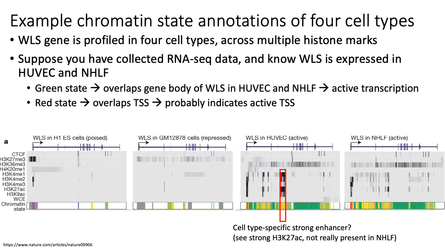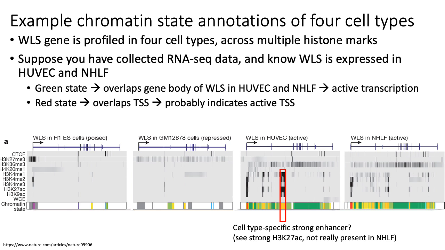How that helps you interpret what these chromatin states or these histone mark combinations tell you is that if you know that WLS is expressed in the right 2 cell types, but not the left 2, and furthermore, you can see that for HUVEC and NHLF, the chromatin states that overlap the WLS gene body have a lot of green, light green, dark green, and orange and yellow, but you don't see that very often in the cell types on the left for WLS. Then what you can infer from that is that the dark green and the light green